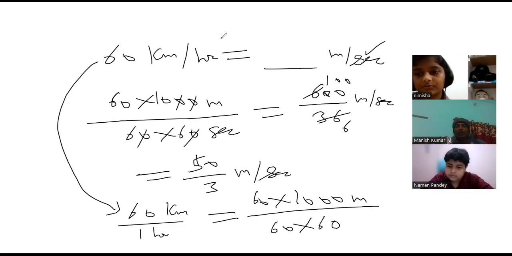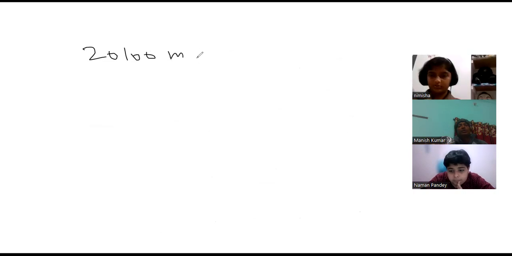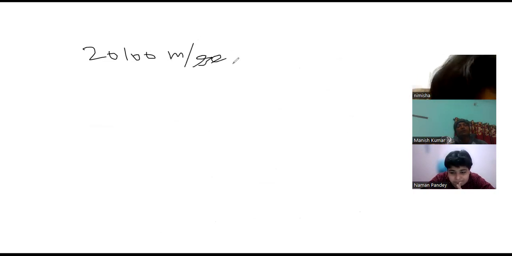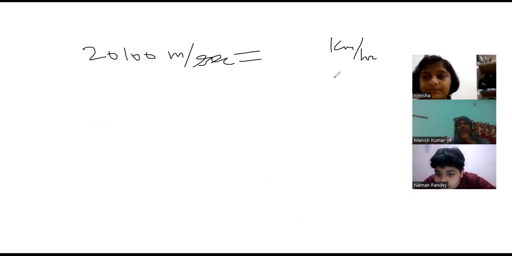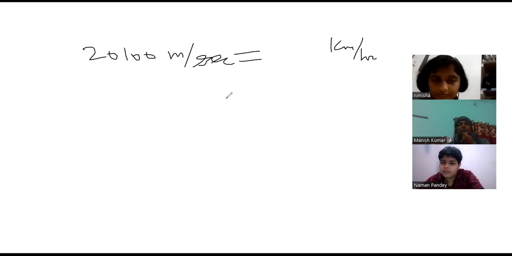Yes, sir. Okay, I am filling this page. Now tell me, 20,100 meters per second will be equal to how much kilometer per hour, Naman? How to do it? Yes, sir. Can we convert this to kilometer per hour? So we can divide it by kilometer. 20,000 meter per second equal to kilometer per hour. So